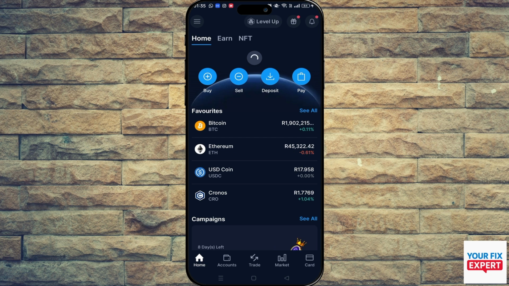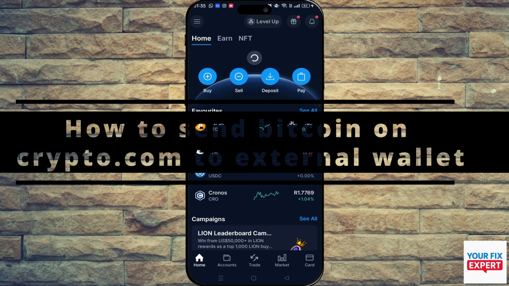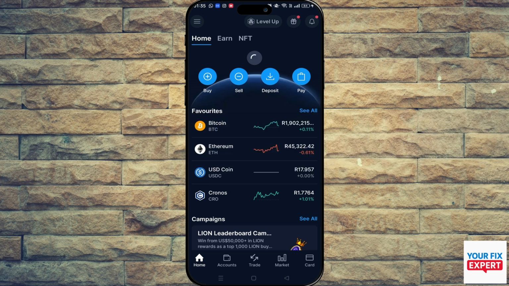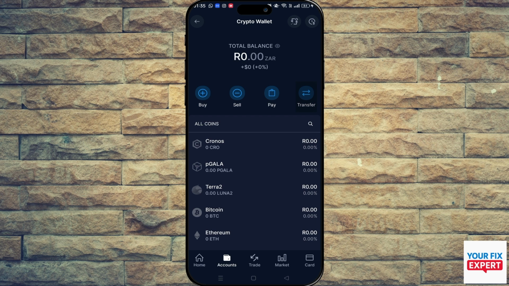The topic of today's video is how to send Bitcoin on Crypto.com to an external wallet. So here we are on the Crypto.com app, and what we want to do is navigate to the account section on the bottom left. In here we're going to click on Crypto, and then we'll click on Transfer,